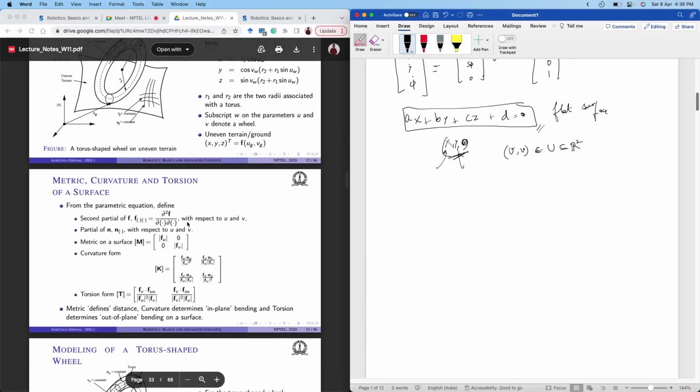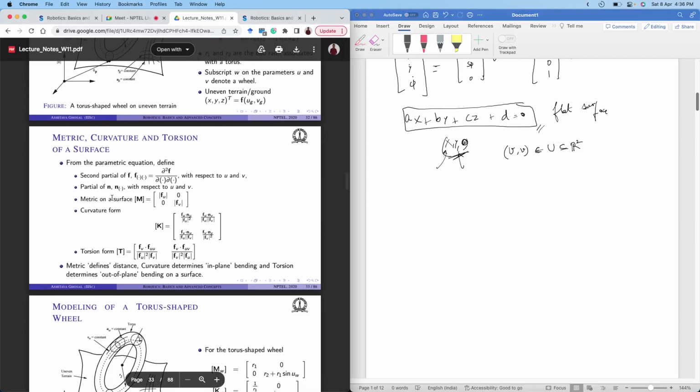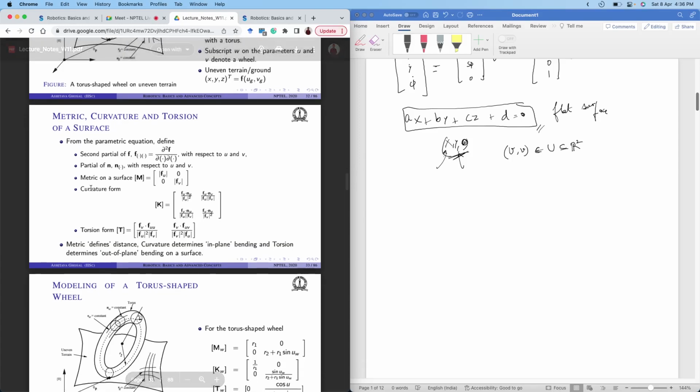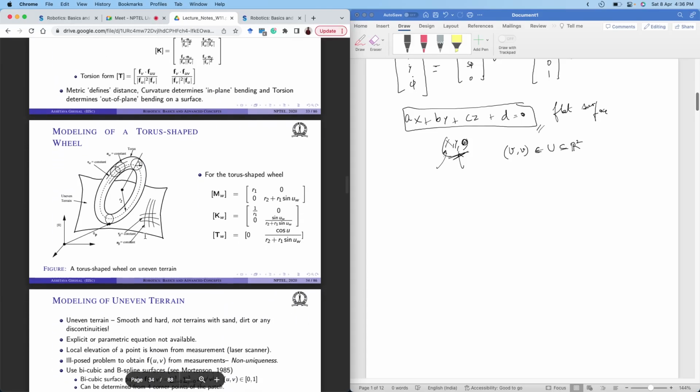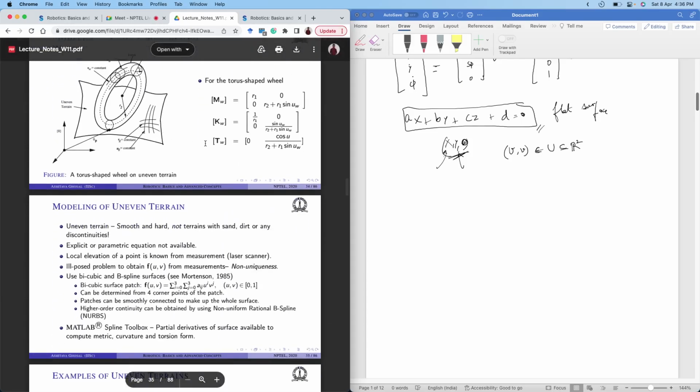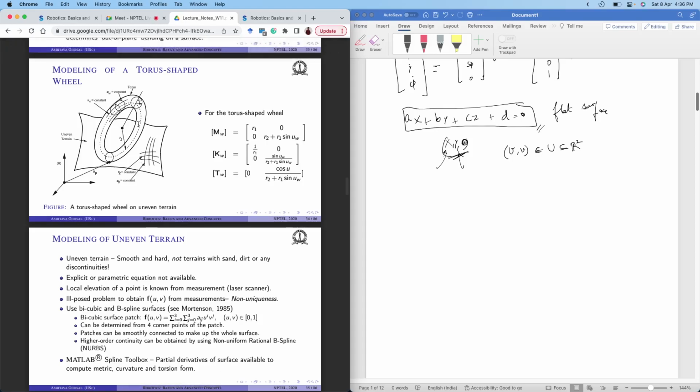And then there are discussions about different quantities related to surfaces. One is the metric of a surface, one is the curvature form, that defines bending in plane, and one is the torsion, that defines bending out of the plane on a surface. So these quantities have been derived for the torus because a wheel can be approximated as